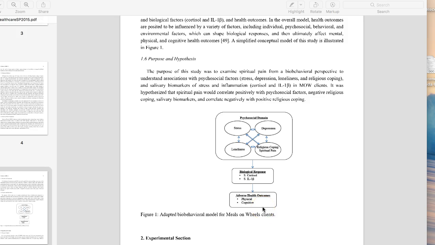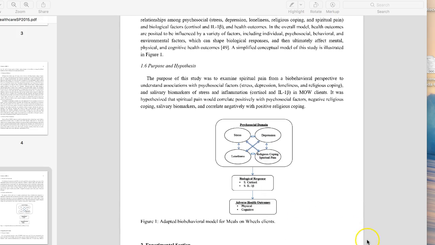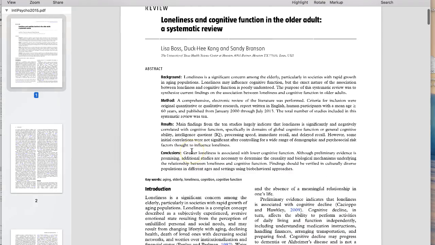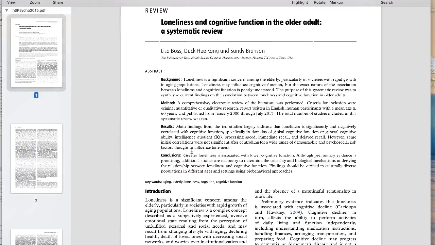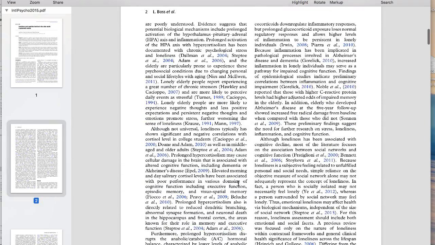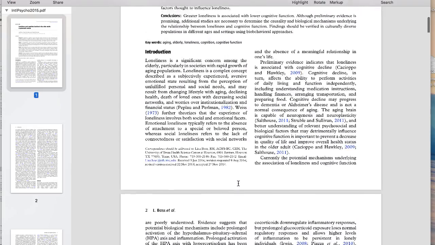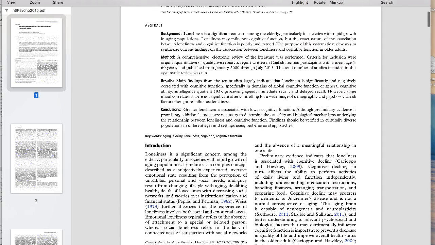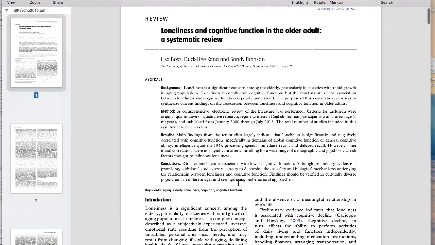The other thing I want to point out is that you'll notice in both of my systematic reviews that I gave you copies of, the loneliness one and the sex hormone one, neither one of them has a section that talks about the theoretical basis for this systematic review. The reason for that is that we're limited when you go to submit a